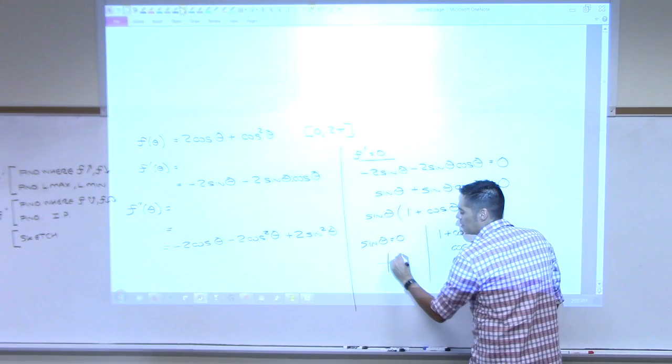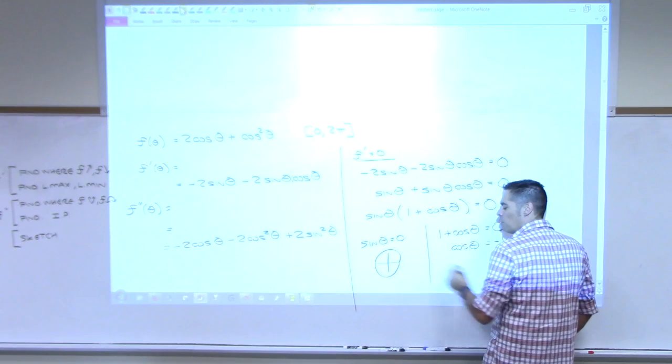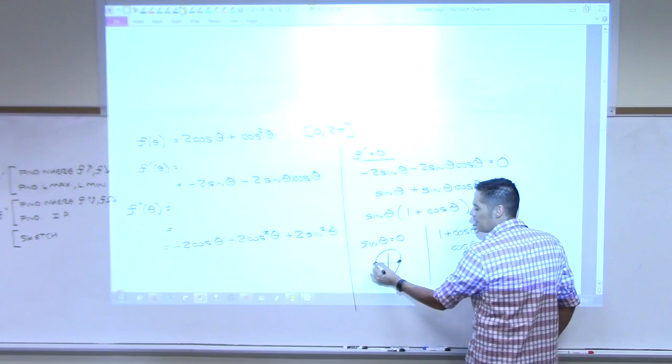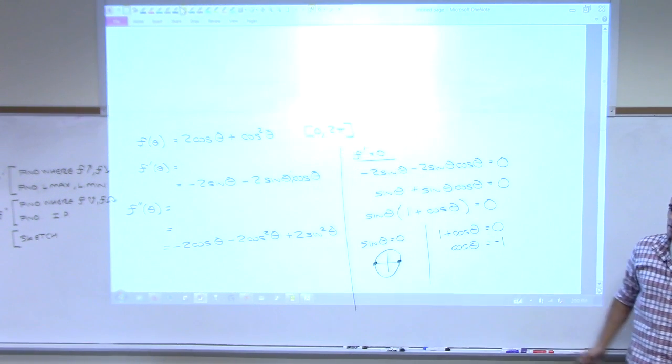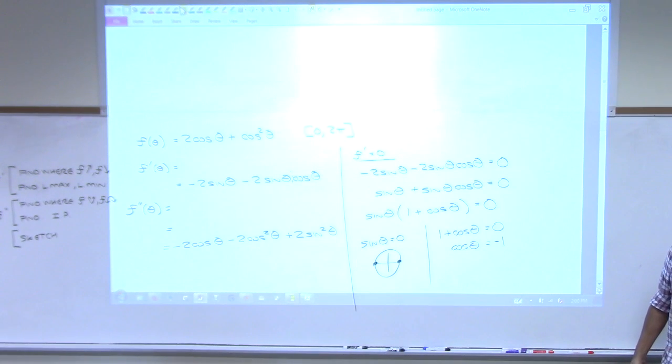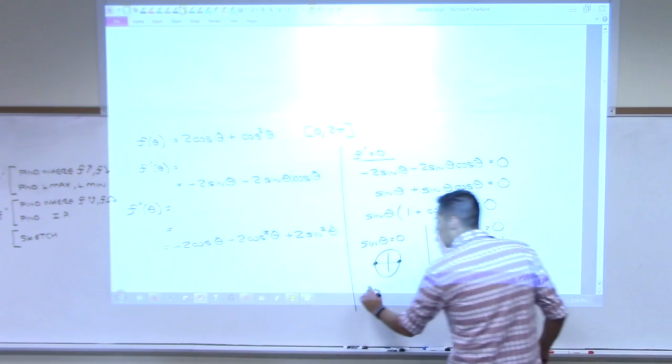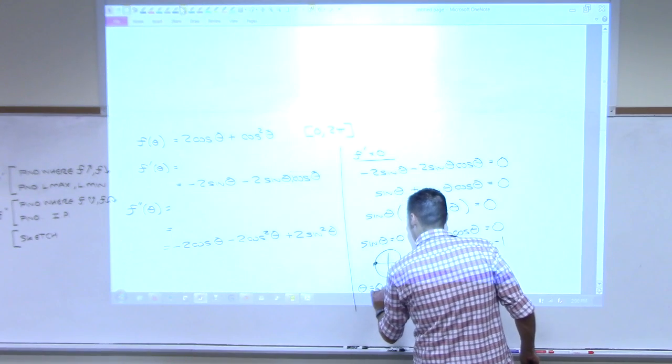So here's my unit circle. Sine is the y coordinate. That's here and here, right? That's where sine is 0. What are the angles there? 0 and pi and 2 pi, right? 0, pi and 2 pi. So that's what I'm getting here. If theta is equal to 0 or pi,